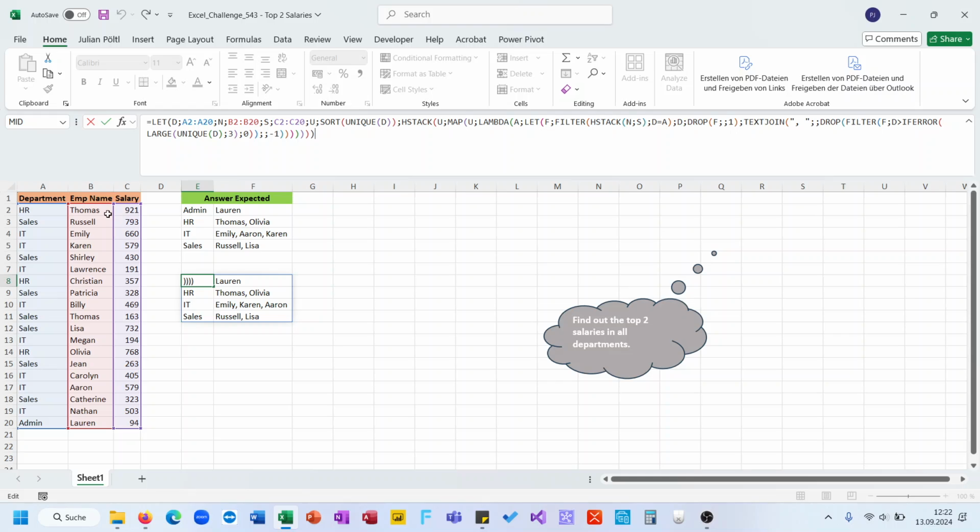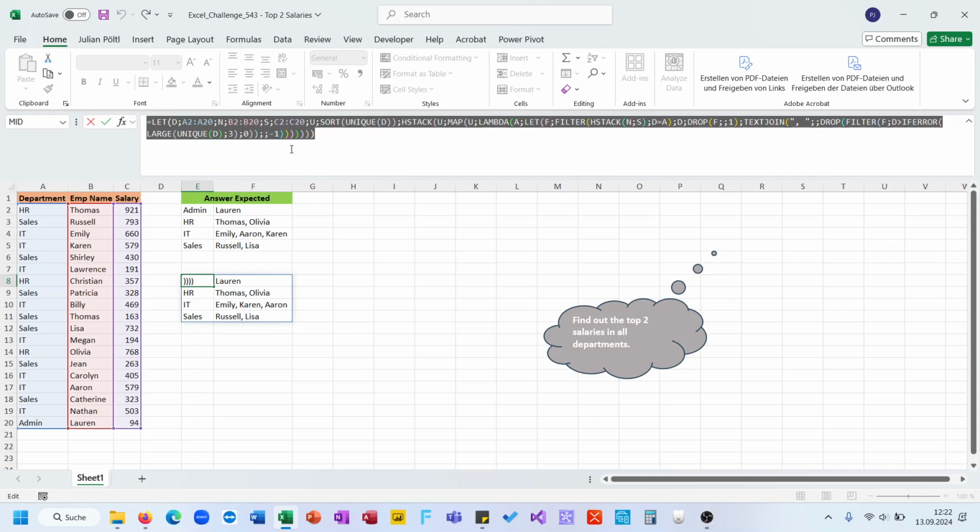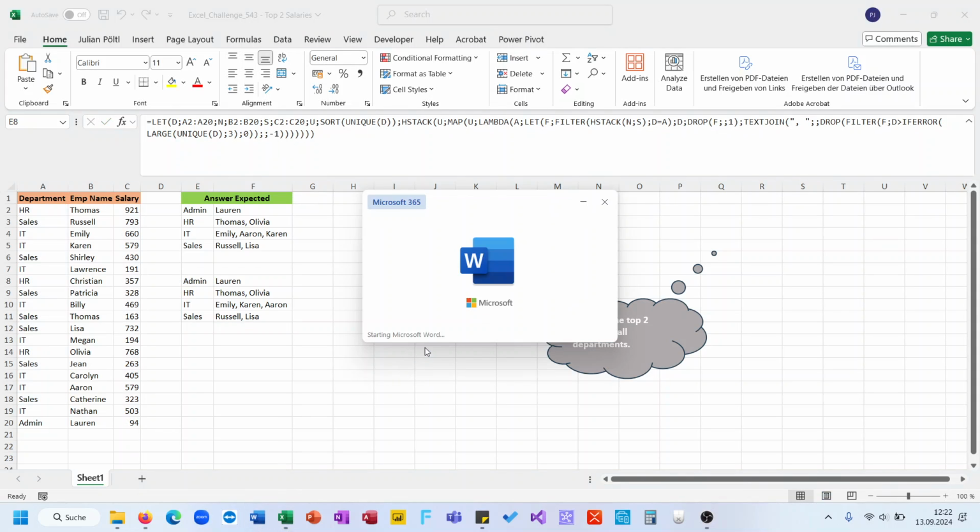Then we dropped the name, and then we looked after where so that we have only the salary. And then we looked after where the salary is larger than the third largest unique salary. And also error correction for when there's only one person in the department. And yeah, then we joined the names together, stacked it with the unique departments, and we are ready to go. The formula is longer than I thought it would be,